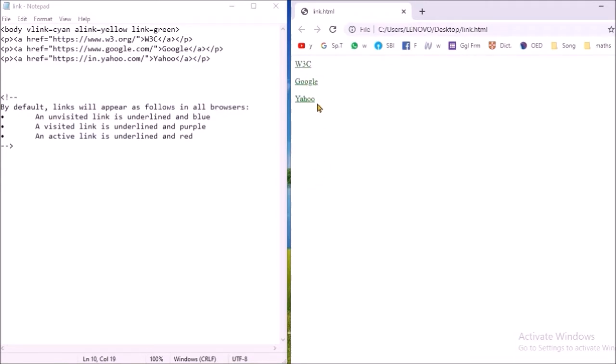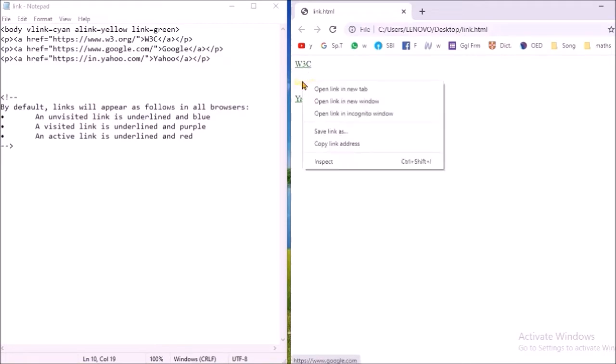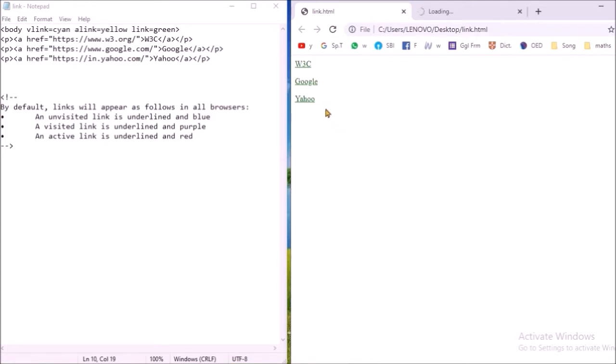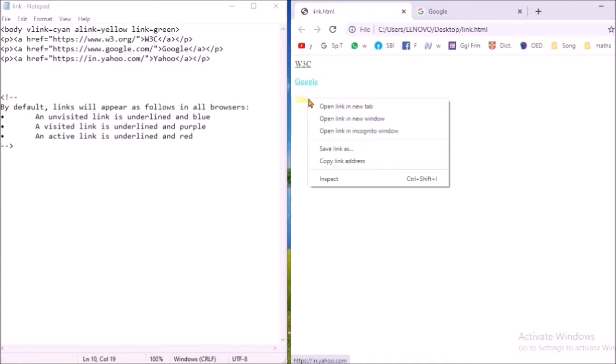So I visit one link for you. I right click on it. Now this has turned yellow. Yellow means this has turned active now. Open link in new tab. Now little later you will see that it will turn into cyan. Yes, you can see it. This has turned into cyan. Cyan means now it is visited, but still these are unvisited. When you right click on any of the unvisited links, it will turn into yellow, because I have done the setting: active link yellow, visited link cyan, and unvisited link green.